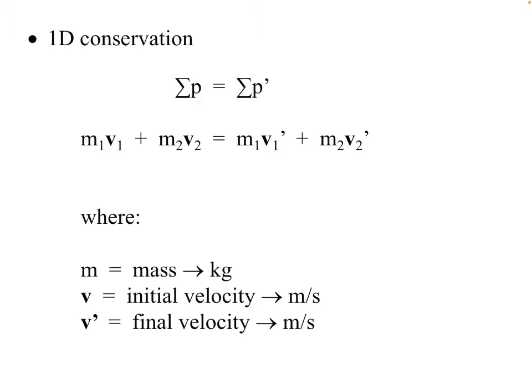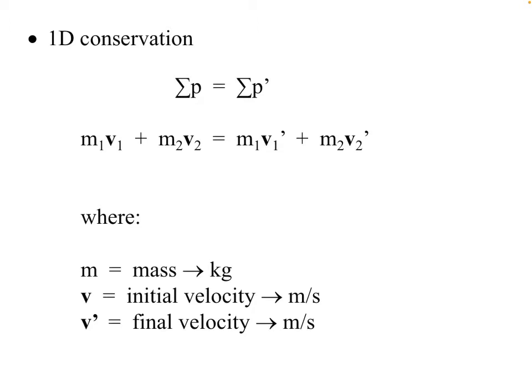Today we're just going to look at one-dimensional conservation of momentum. If something is happening horizontally or vertically, we're not going to look at 2 dimensions yet. That's in the next lesson, where things get a little more complicated, because momentum is a vector, so in 2 dimensions we need to break it down into components. Make sure you understand one-dimensional conservation before going on to 2 dimensions. Here we don't have to worry about x and y directions. We just say the momentum before is equal to the momentum afterwards.